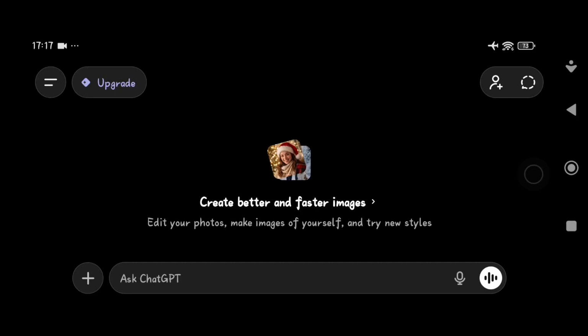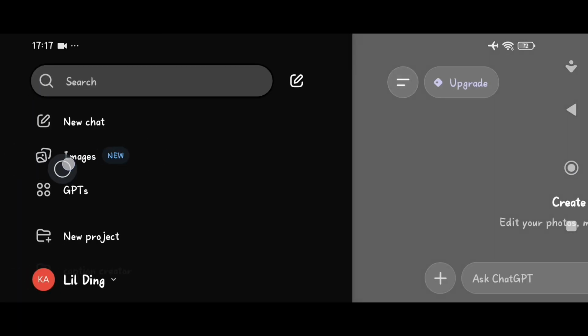In this tutorial, I will show you how to turn your photo into an aesthetic sketch using ChatGPT latest update. Okay, let's get started. First, just open ChatGPT and then make sure your app is already updated to the newest versions. And then next, just tap on this icon on the top left corner like this, and then go to images, this one,